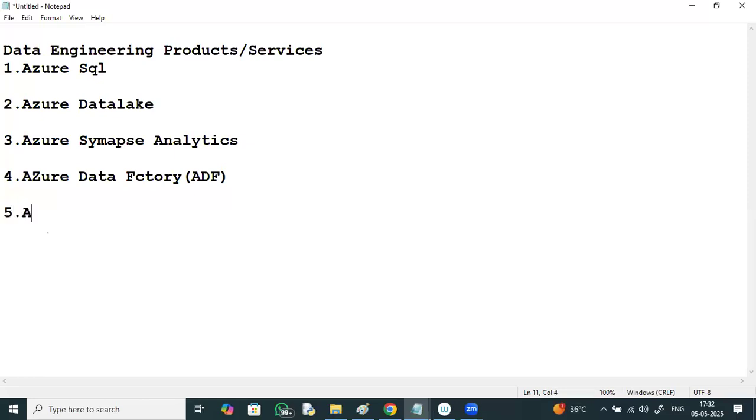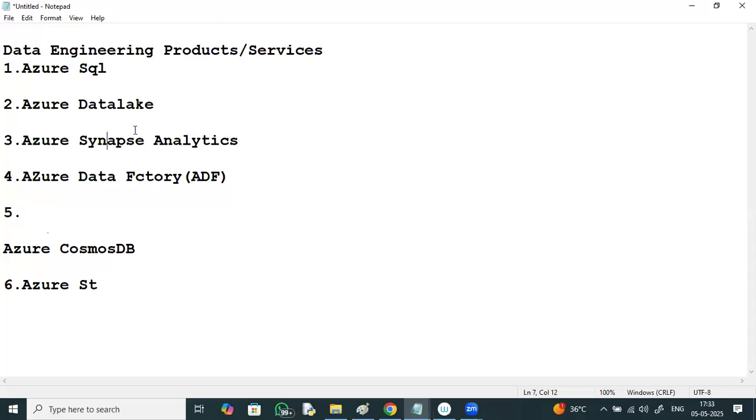Azure Cosmos DB. Azure Streaming. Azure Data Lake, Azure Synapse Analytics, Azure Data Factory, and here Azure Databricks.